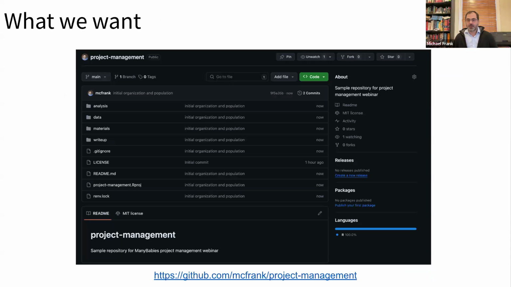The running example that we're going to be using is a simple sample project that I made. I made up the data. There's nothing exciting in this project, but this is a GitHub repository that I made for this webinar. And it has a number of features that we're going to be talking about today as parts of the project management process. It's hosted in an open cloud platform, that is GitHub. So if you click on this link from the slides, then you'll be able to browse this repository and download anything you want. It's version controlled, so you can see how it's been altered over the course of the project, and there's not a lot of alteration that's happened just yet.